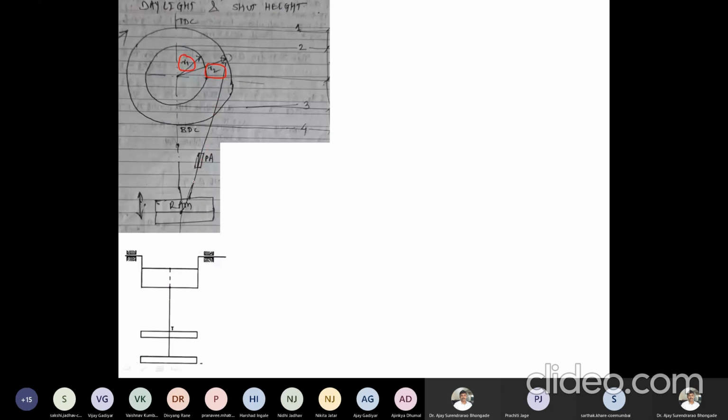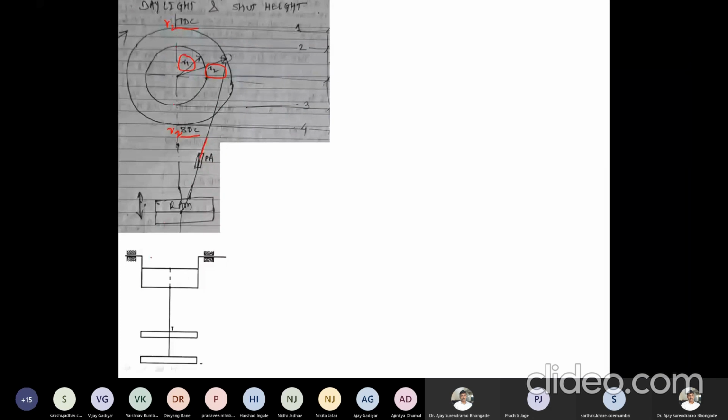Similarly, there is the press adjustment PA, where I can vary the length of this connecting link. Now this connecting link adjustment can be equal to 0. This is the TDC position for R2, and this is the BDC position for R2. Both the things are for R2. If you keep it at R1, obviously it will be at that position. For R1, this is the TDC position, and for R1, this is the BDC position. Likewise, we get the various positions of the RAM, right?